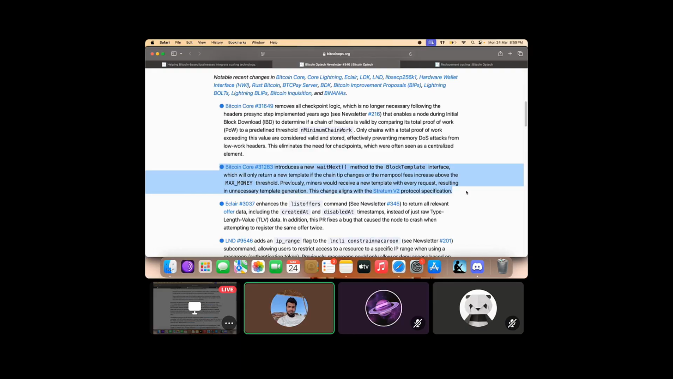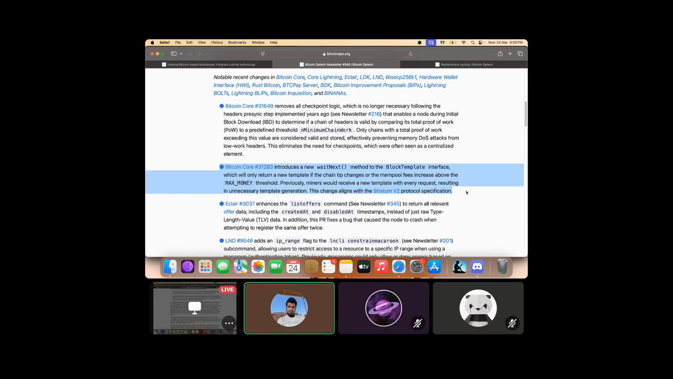The second situation would be when the mempool fee increases above the max money, right? When the fee that you are willing to pay, when the mempool's average fee rate increases above that, then you need to create a new template because you need to add more fee. So now, and this is, I believe, specific to Stratum V2, it'll only create a new template for you